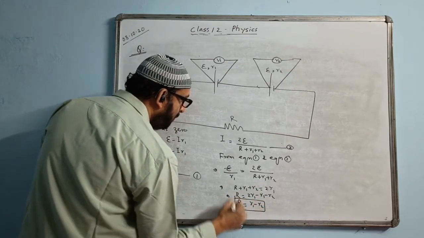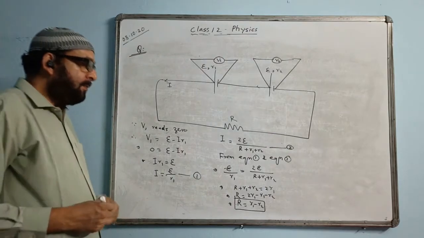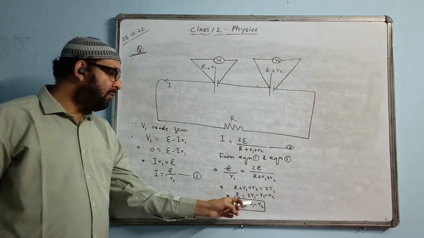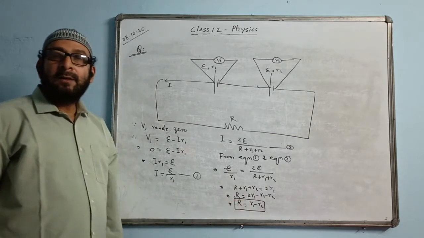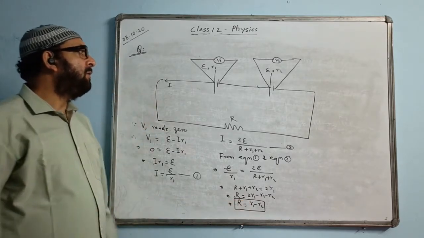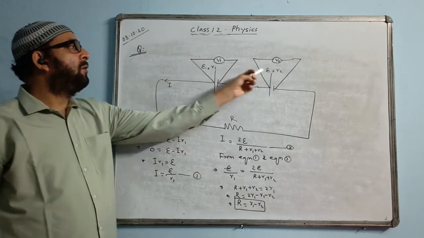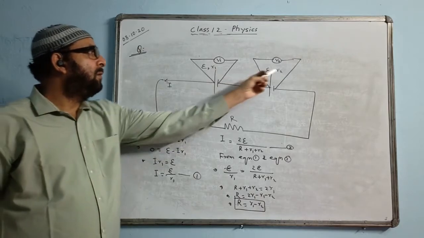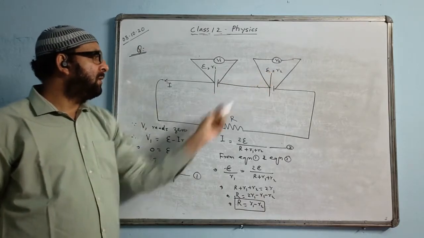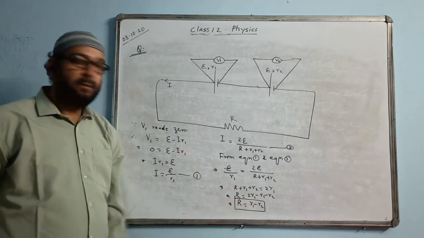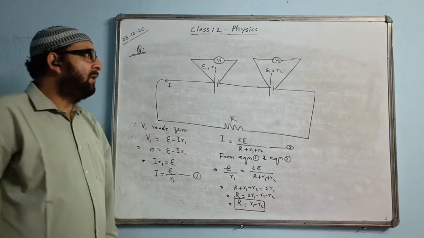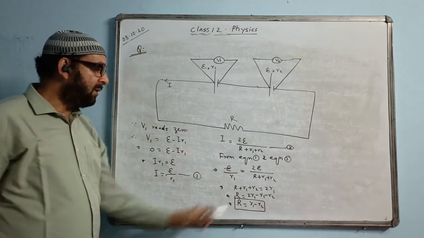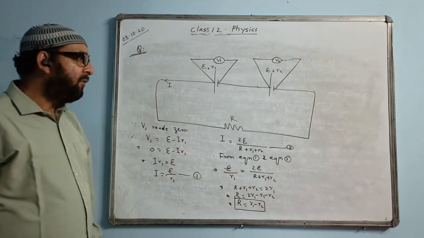So, this is the value of capital R. Capital R will be equal to R1 minus R2. They may give in the form of some numerical value. Maybe 2 volt here, there is also 2 volt given, and suppose R1 is given 2 ohm, and this is given 1 ohm. What is the value of this R? It becomes 2 minus 1 ohm answer. So they may give in numerical form, or they may give in alphabetical form. So this is the answer. The value of R we got.